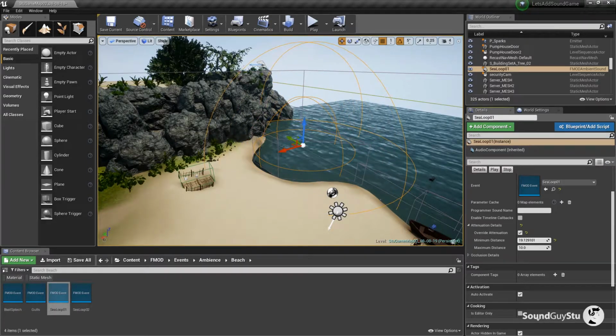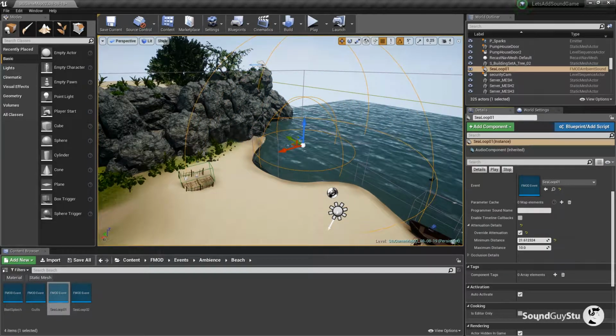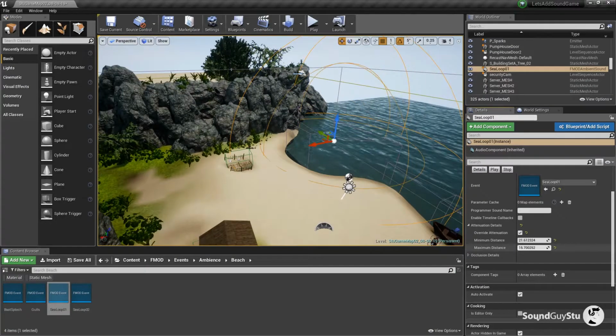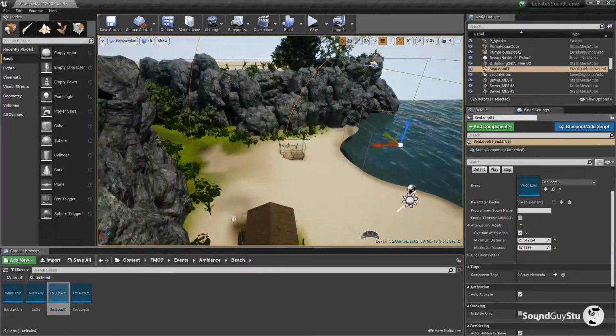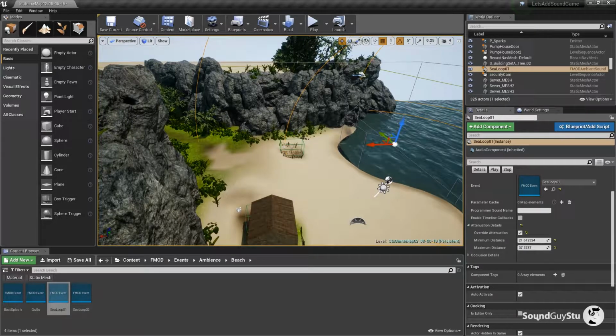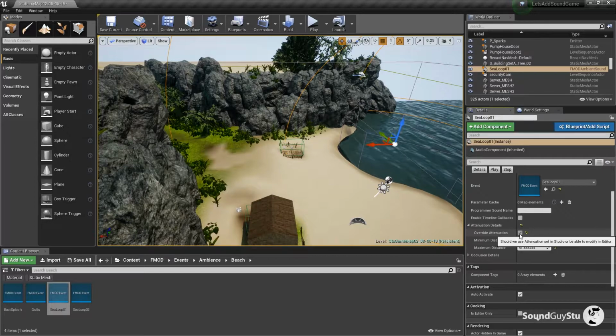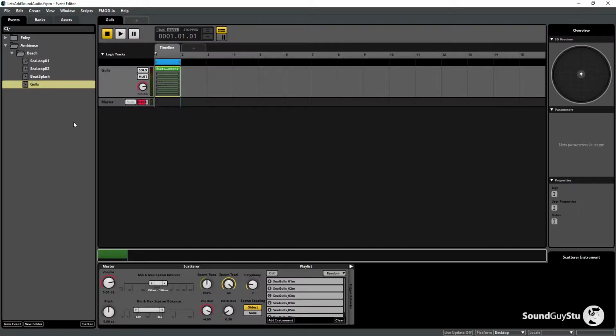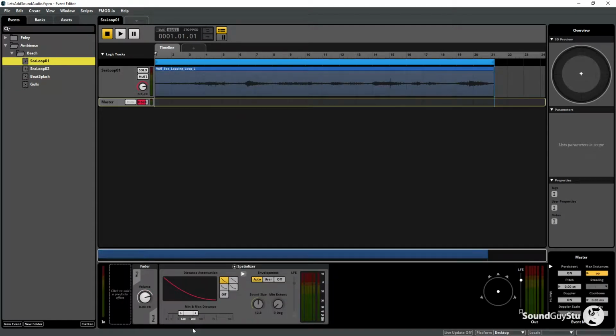So the smaller circle I probably want about there, maybe even that much, and then the larger one up to the edge of the grassy area here, because that's when you sort of change into a new play area. So it's about 40 and about 20. Now I'm just doing that here so that I can get a rough idea of what I'm looking at, because I can then go back into FMOD and get the C loop here and change this attenuation to 20 and about 40, 45. I'll do,